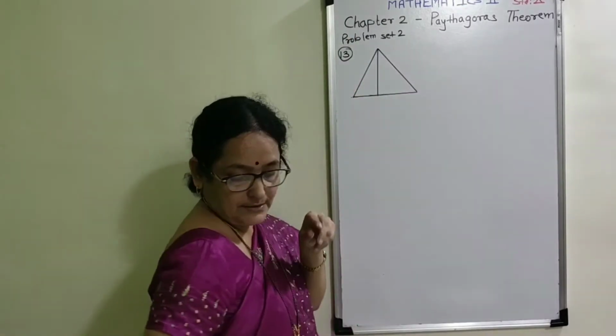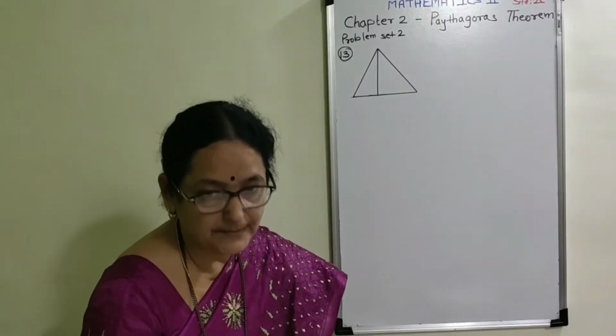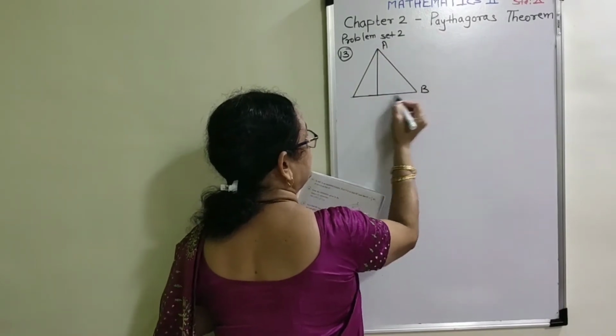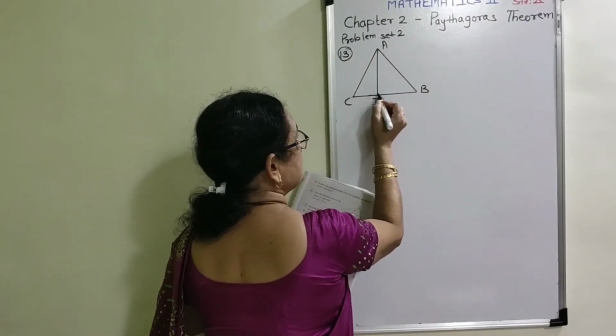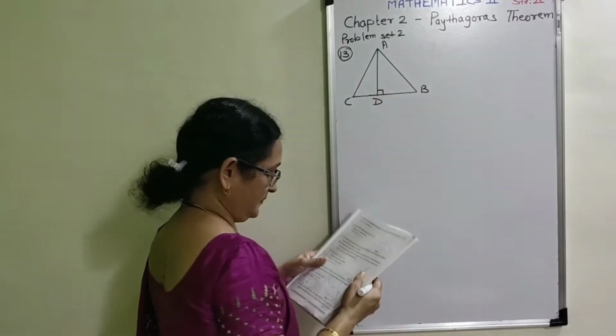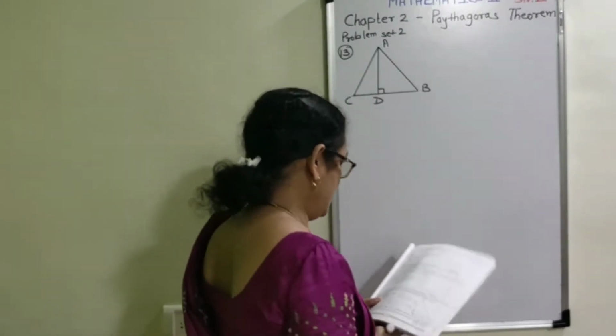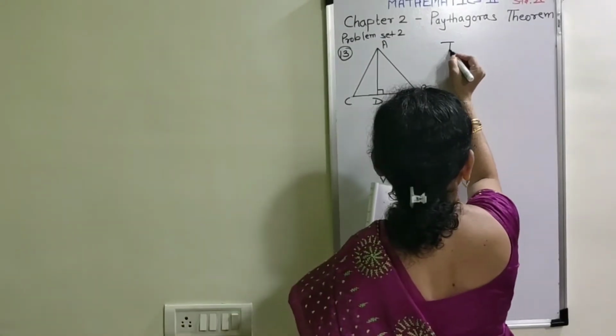Here, a small triangle ABC is given. Also, AD is perpendicular on BC, and in given, they have given that in triangle ABC,